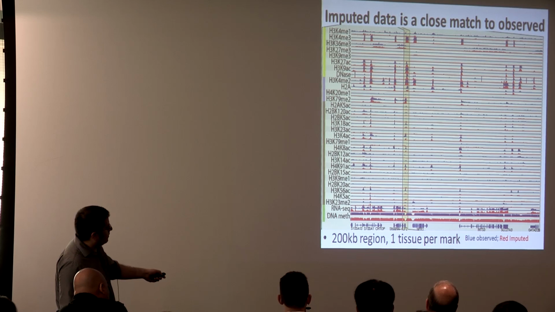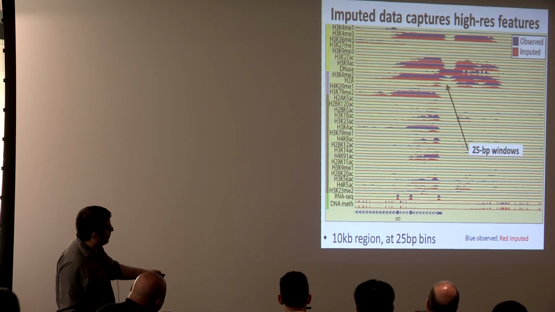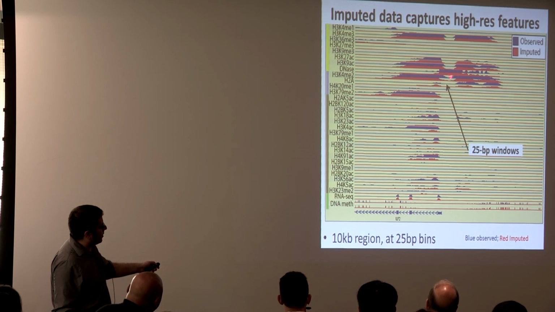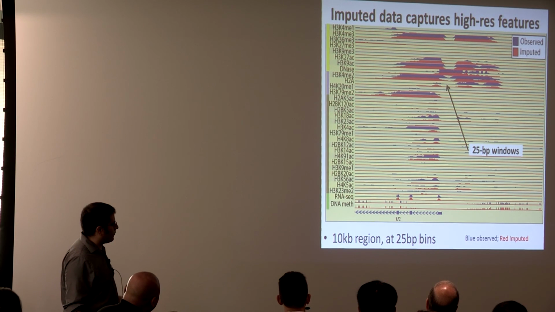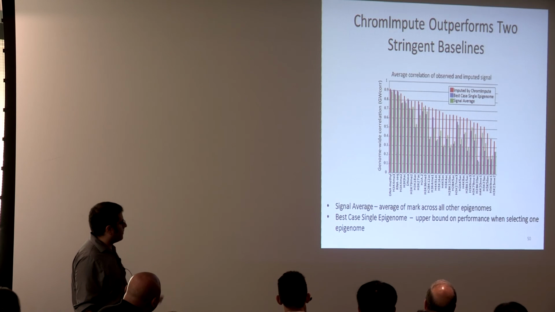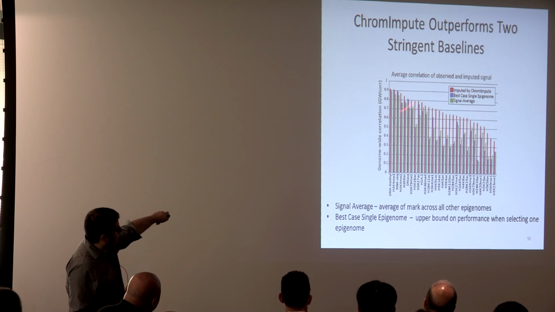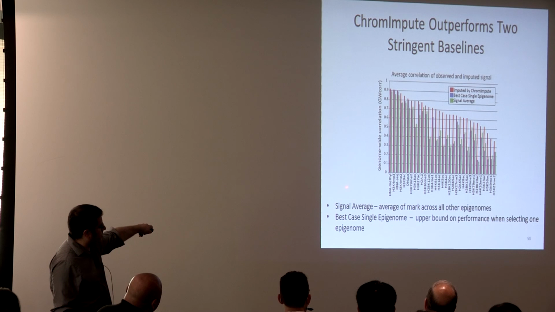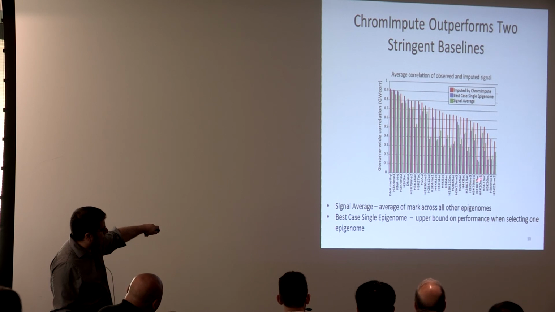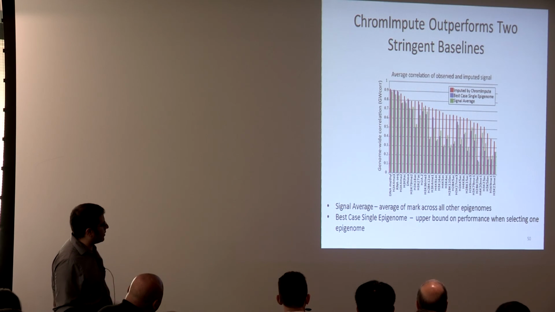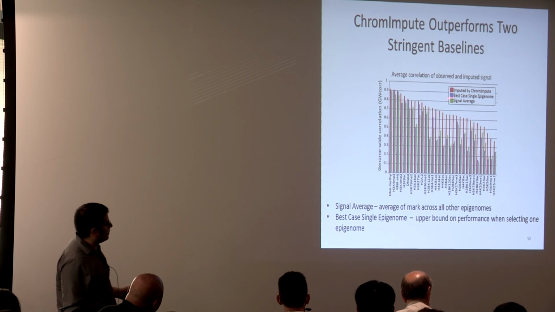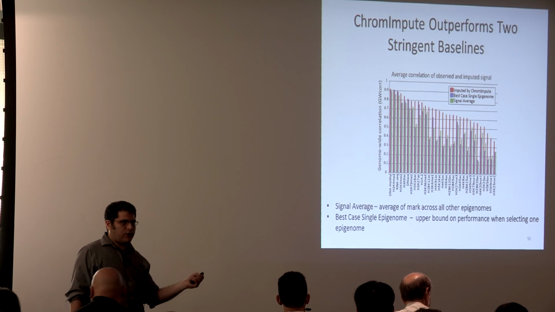And then we can go to very fine resolution. We impute at 25 base pair resolution, except for DNA methylation, which we've done at single base pair resolution. And this is a more quantitative evaluation. What I'm showing you here is each of these corresponds to one of the different epigenetic marks, one of these different histone modifications. And then in red is the correlation between our imputed data with the actual observed data